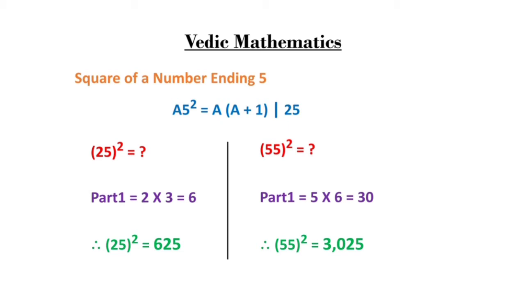Bijanka of LHS is Bijanka of 55 square, that is Bijanka of 1 square, that is 1, and Bijanka of RHS is Bijanka of 3025, which is again 1, and hence we are correct. For more clarity on finding Bijanka and verifying through the Vedic check, please refer to my previous videos, which will definitely give you a lot of excitement in learning Vedic maths.